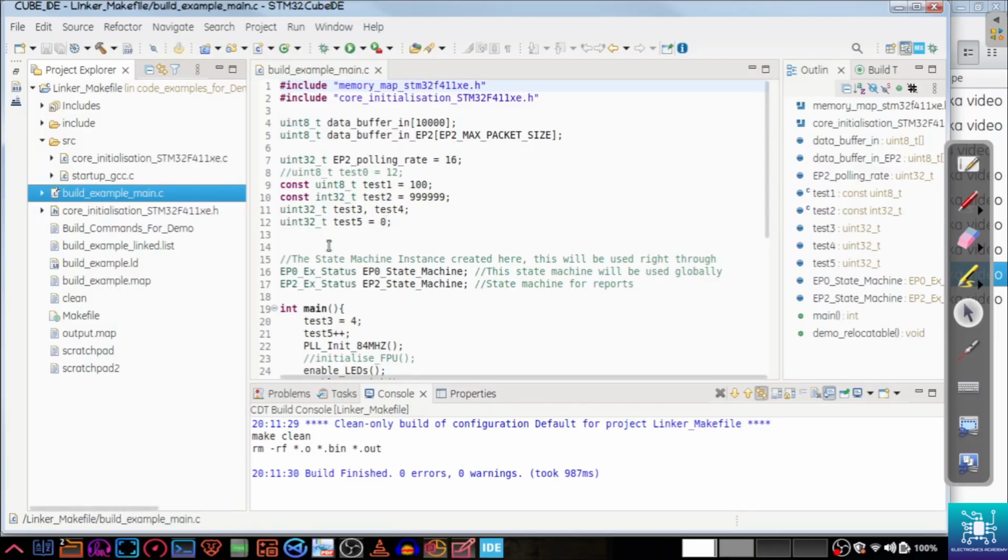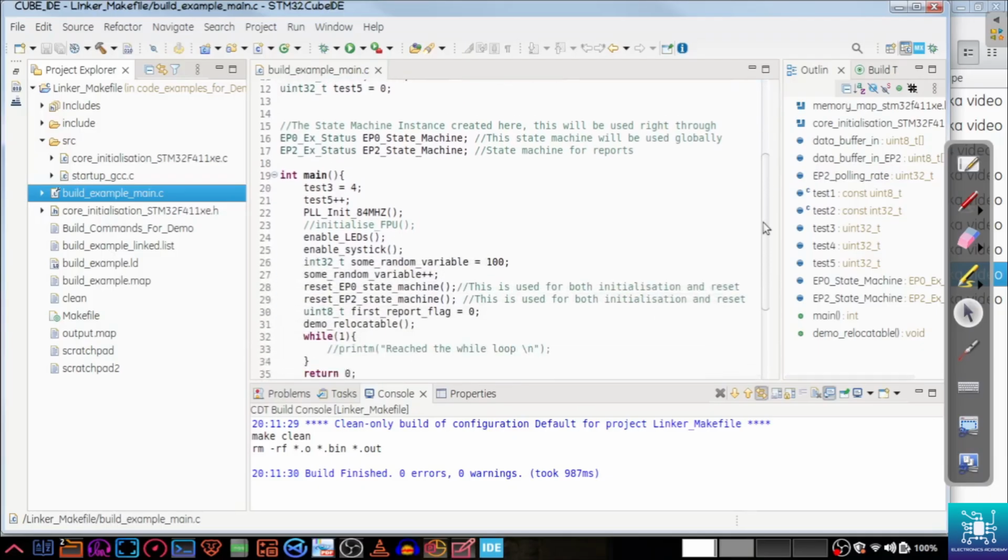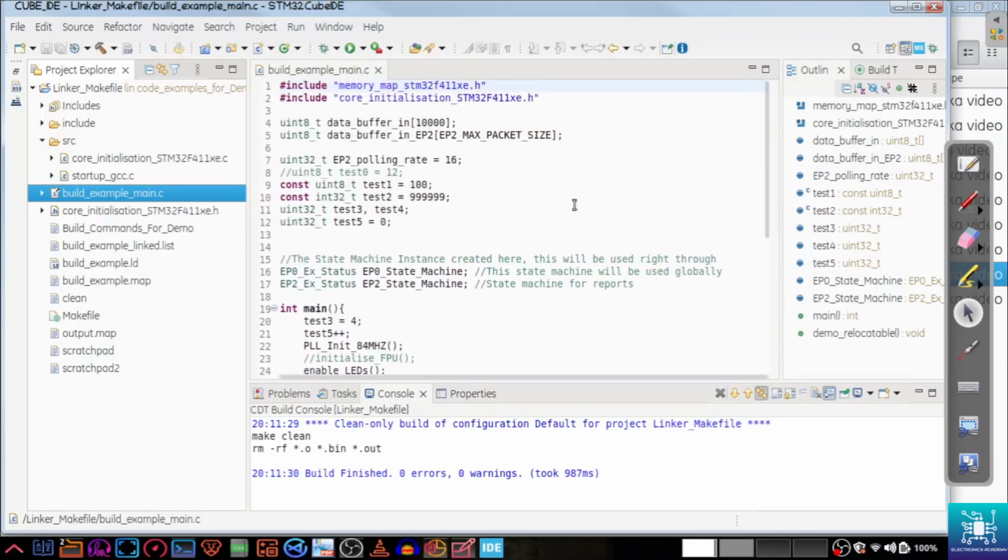We will not be getting into the code as such. We will be getting into the code later in the course, where we'll be going through the same code and understanding the logic. But the major intention of this particular segment is to see how these source files will be compiled into object files, how those object files are going to be linked, what the object files are compiled into: executable and linkable